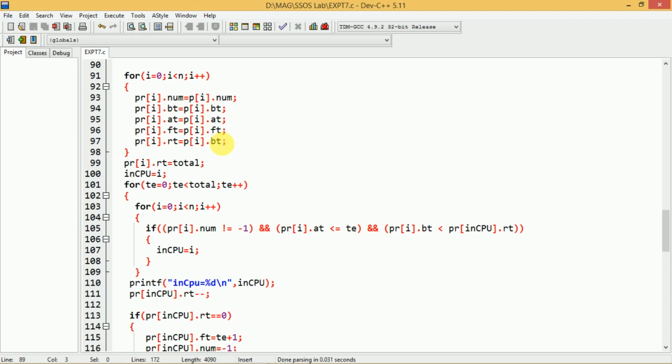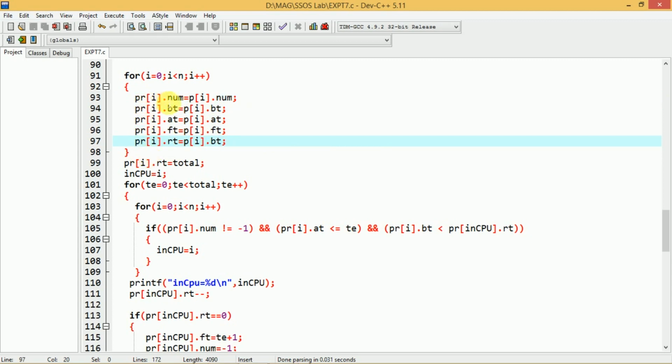Now, instead of directly operating on the array P, we have taken one more array, PR, parallel to P. With this for loop we simply copy the process number, burst time, arrival time, FT, and the remaining time into the corresponding variables of PR.